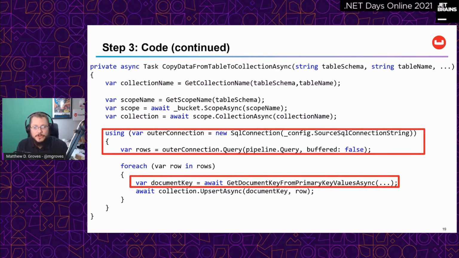So remember, in SQL Server, you can have multiple fields making up the primary key in a table. So I need to figure that out so I can join them all together into one document key for Couchbase. And the last thing, the only line of code here that's really related to